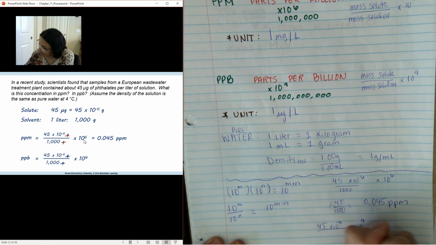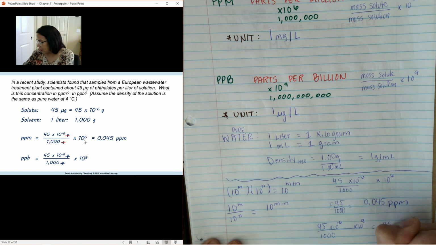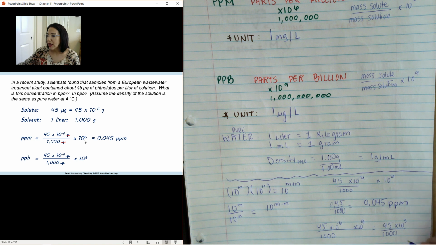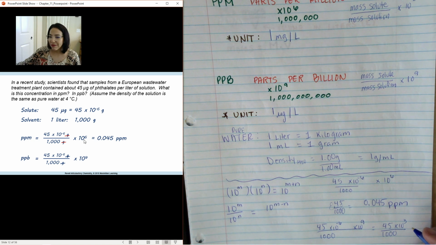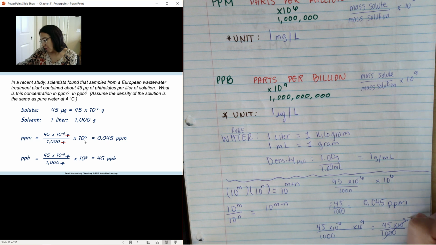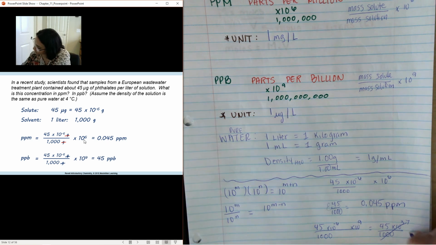All of that divided by 1,000. So I'm left with 45 times 10 to the 3rd over 1,000. Now, 10 to the 3rd is the same as 1,000, so we're going to be left with 45